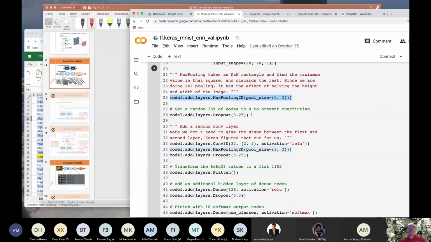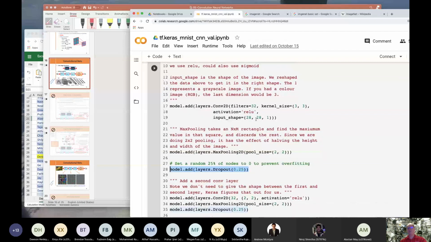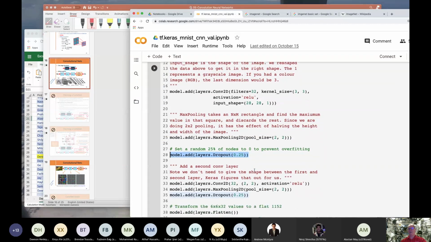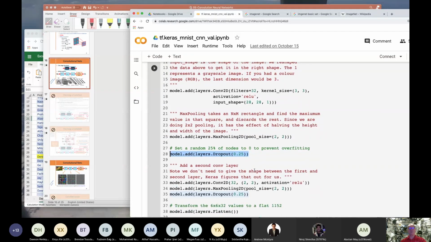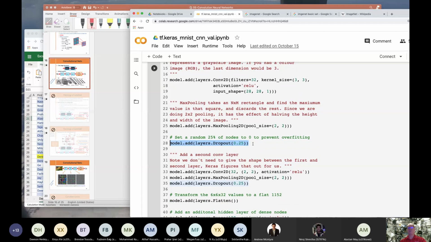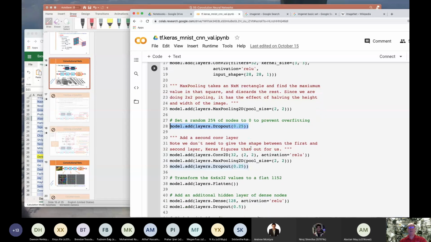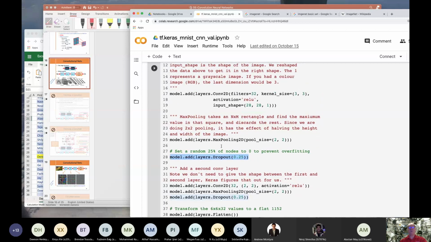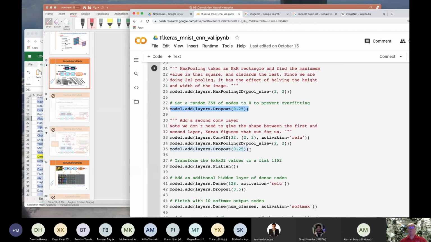And then we do this thing that Andy mentioned to you called dropout, where the idea is that we take 25% of the nodes at random and we drop them out each iteration. And that is a method of regularizing the model so that it can generalize to images that it's never seen in the future. So we've done this once, and then guess what? We do this whole sort of thing again.